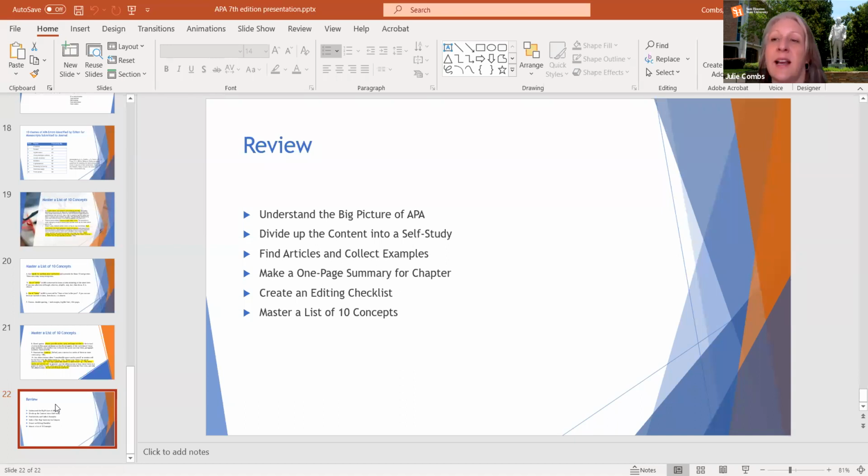Divide up the content and make a self-study. Find articles and collect examples of APA applications. Make a 1-page summary for the chapter or a chunk of content. Create your own editing checklist. And master a list of these 10 concepts most commonly used, at least in my practice.